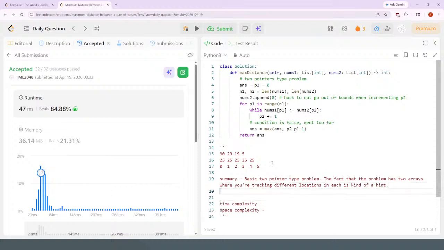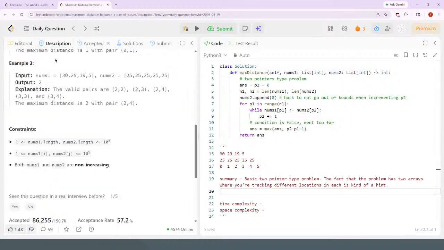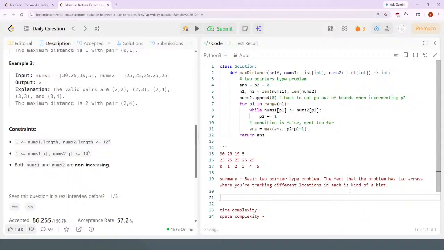I definitely thought about other things, but if this constraint wasn't there, I think it still could be linear, or at worst n log n. But this definitely makes it a lot easier, knowing that it's basically decreasing. The fact that the arrays are pseudo decreasing